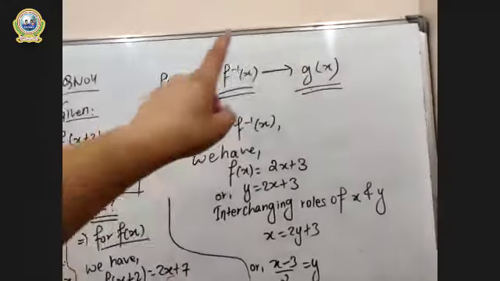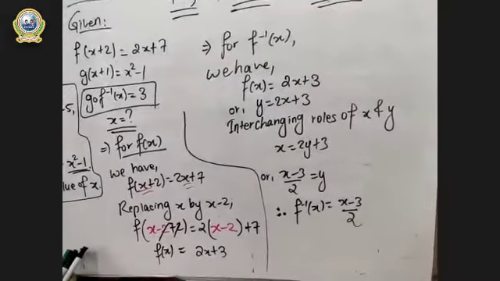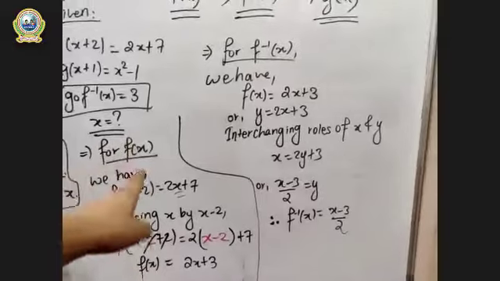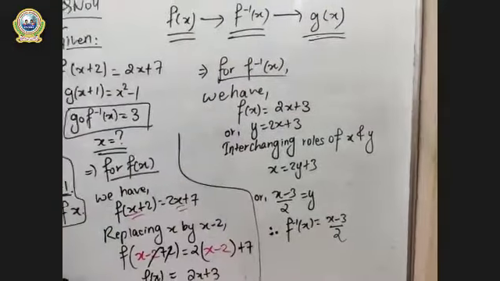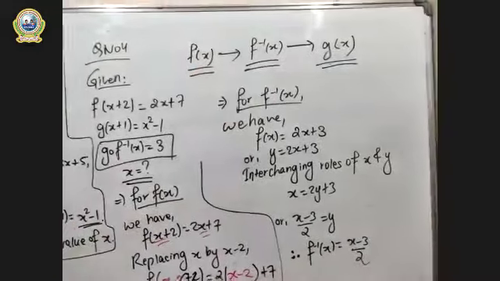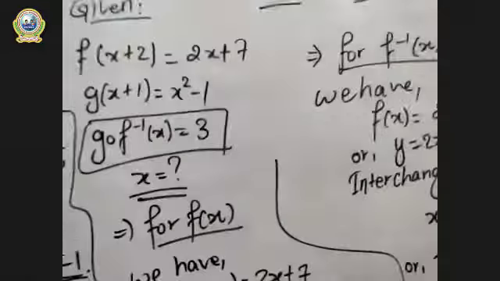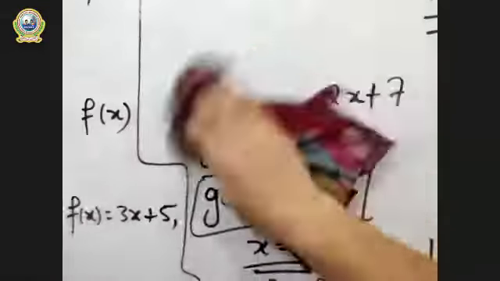Now in third step we need g(x), right? Let me show you from the beginning. In the first arrow we solved for f(x). In the second arrow we just calculated f inverse x. Now we need g(x) as per our map, right? So let me rub this one, okay? Just a few seconds, because the board is a smaller one, so I have to rub it again and again.